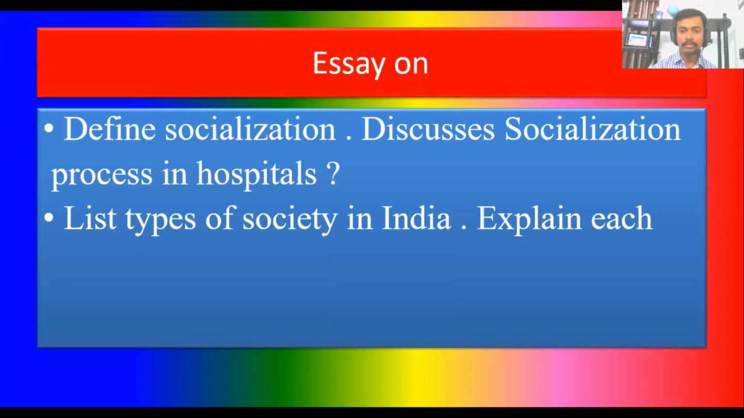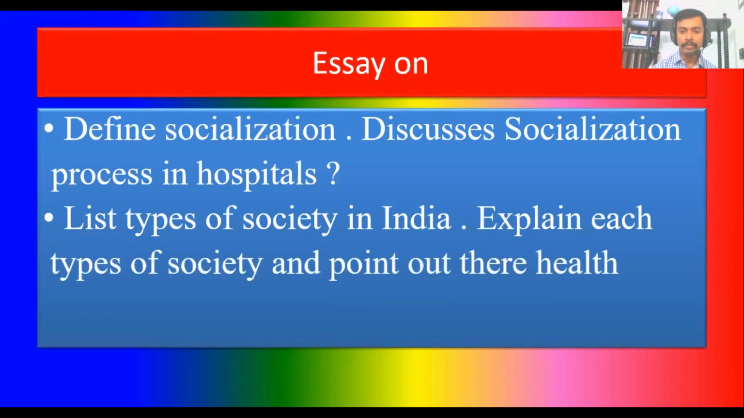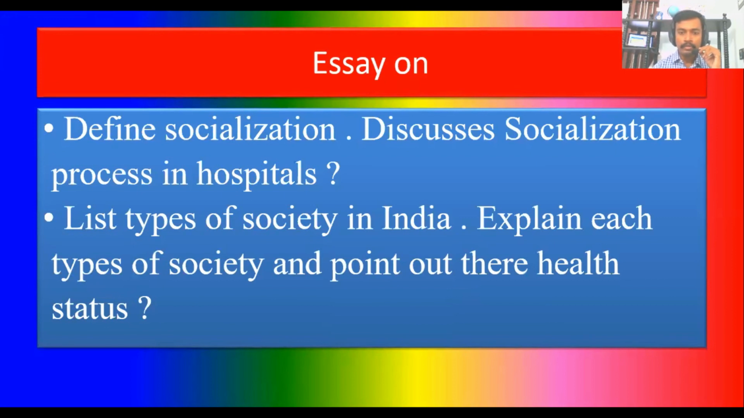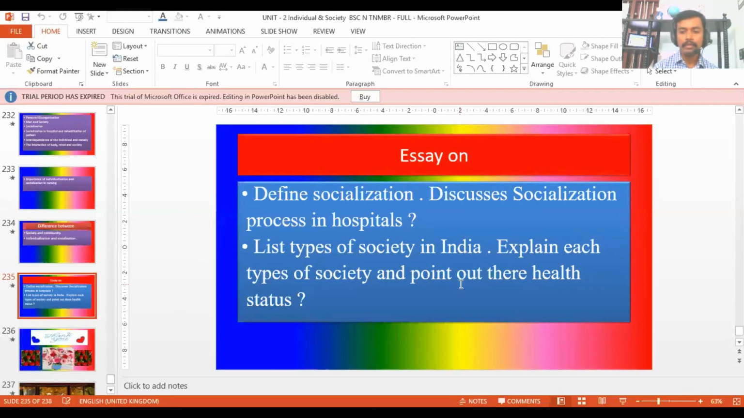Now list the types of society in India, explain each type of society and point out their health status. Students, this socialization and individualization and personal disorganization: most important question, okay? Three important concepts, most important. Can you repeat? Individualization, socialization, personal disorganization. Five mark as well as essay question. So according to our syllabus, next is that